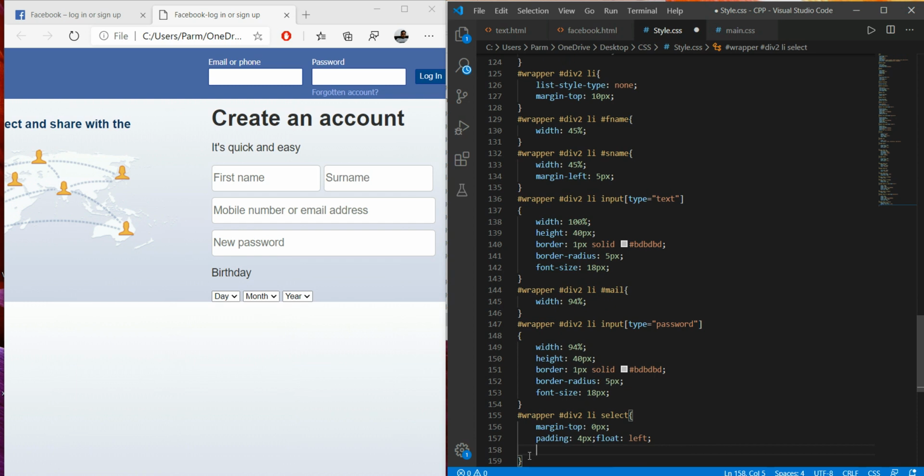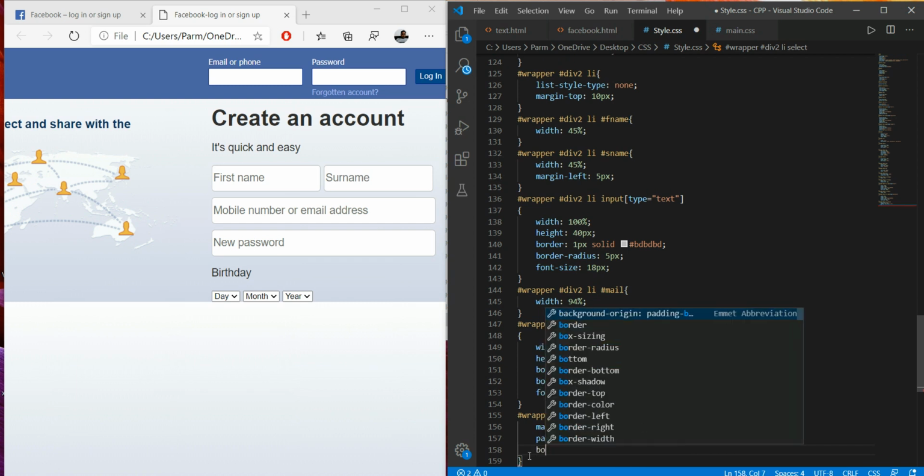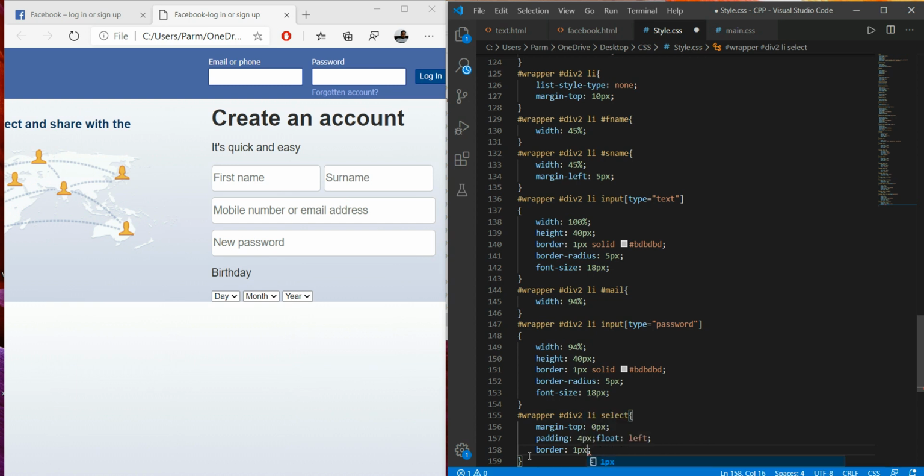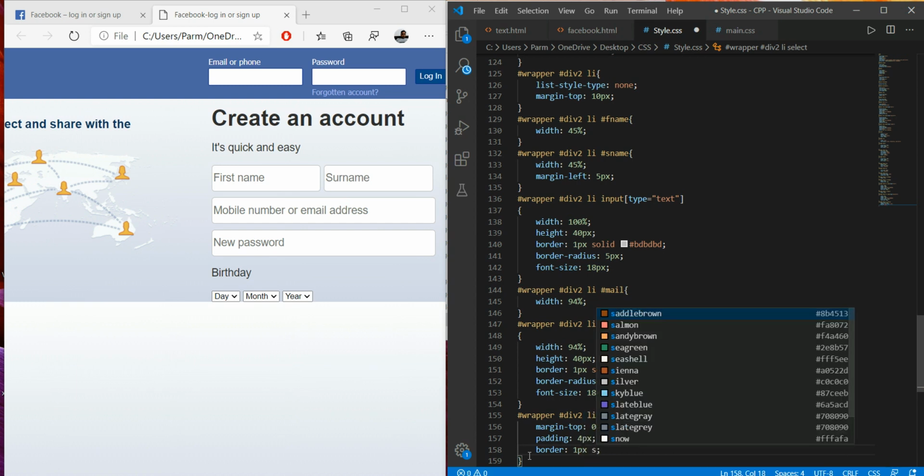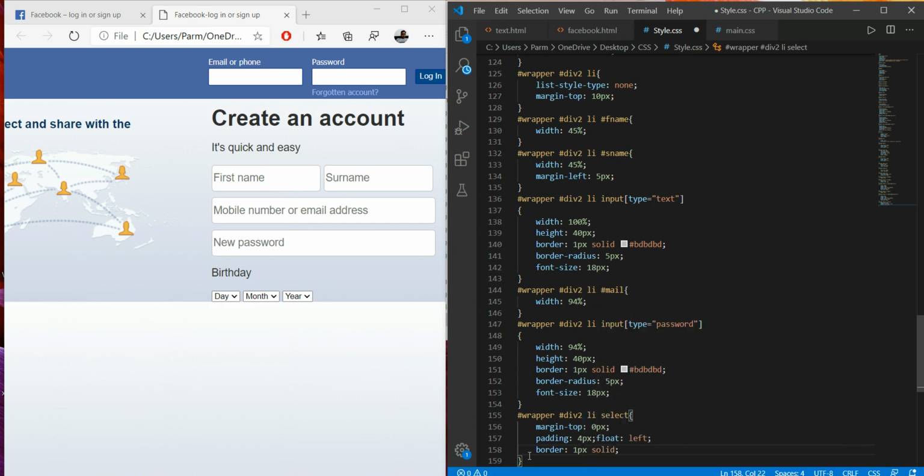Then it has a border of 1 pixel and solid, and should have the color hash BD.